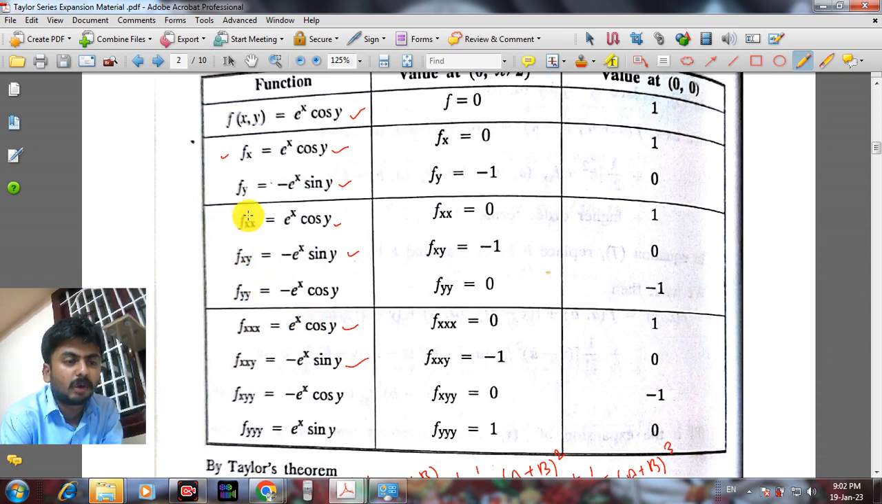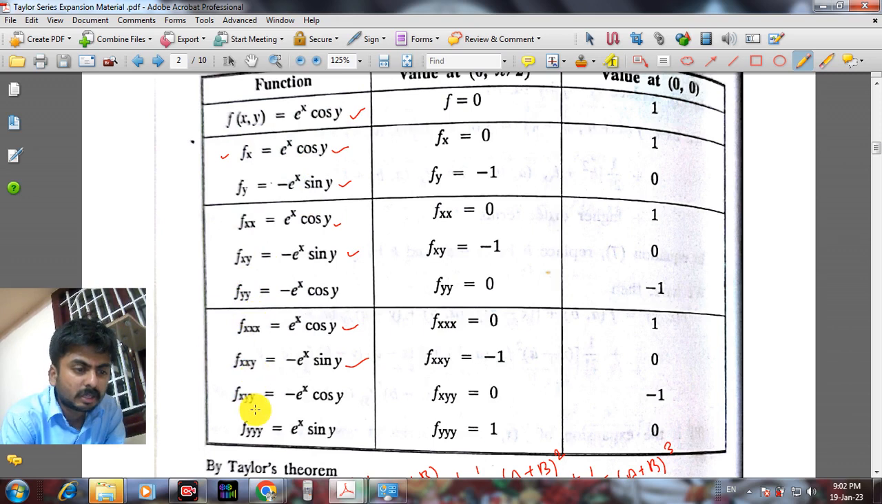Now we want to find fx with respect to y, that is fyx. When I differentiate with respect to y, e power x is constant. The differentiation of cos y is minus sin y. So we get